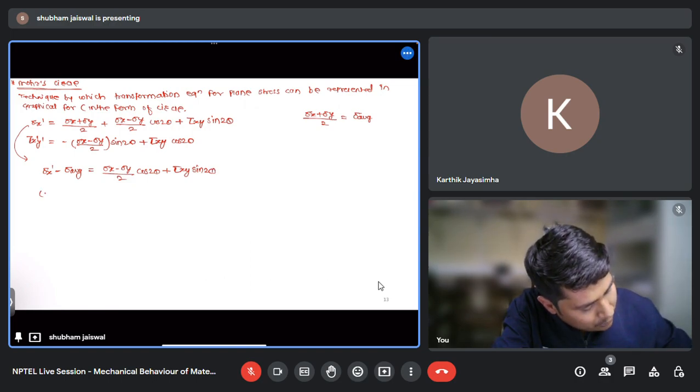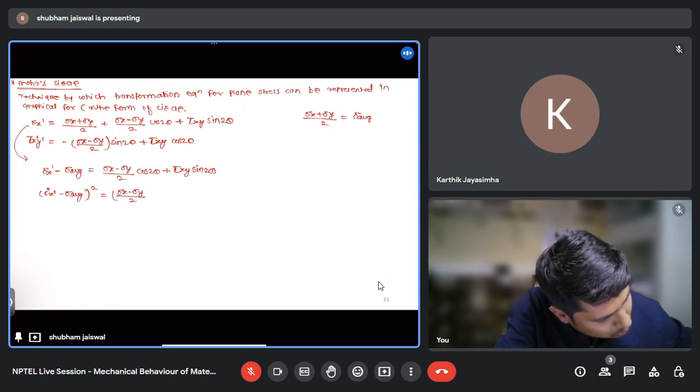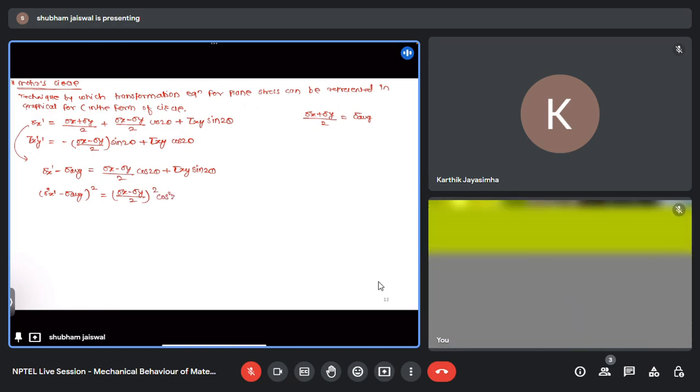So what you will get: sigma x prime minus sigma average, square, is equal to (sigma x minus sigma y) by 2, whole square, cos square 2 theta plus tau xy square sine square 2 theta plus 2 (sigma x minus sigma y) by 2 cos 2 theta into tau xy